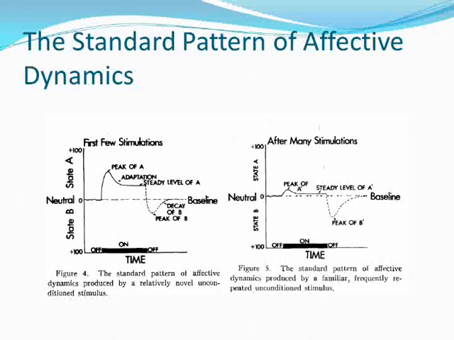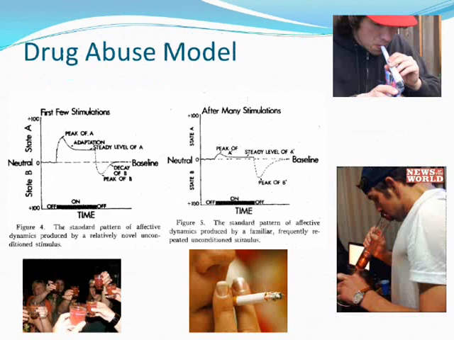However, the after reaction sensitizes. We have a stronger after reaction after many stimulations than we had after a few stimulations. So we see the peak of B is now much, much lower, right? So a much stronger after reaction. What this has produced is our drug abuse model, right? As an emotion-provoking stimulus, taking a drug evokes emotional responses. And whether it's illegal drugs or legal drugs,